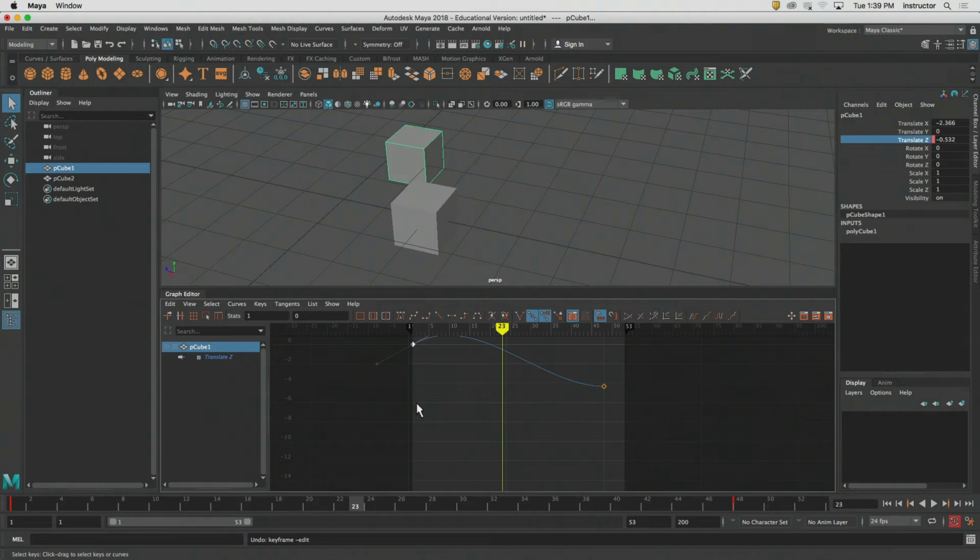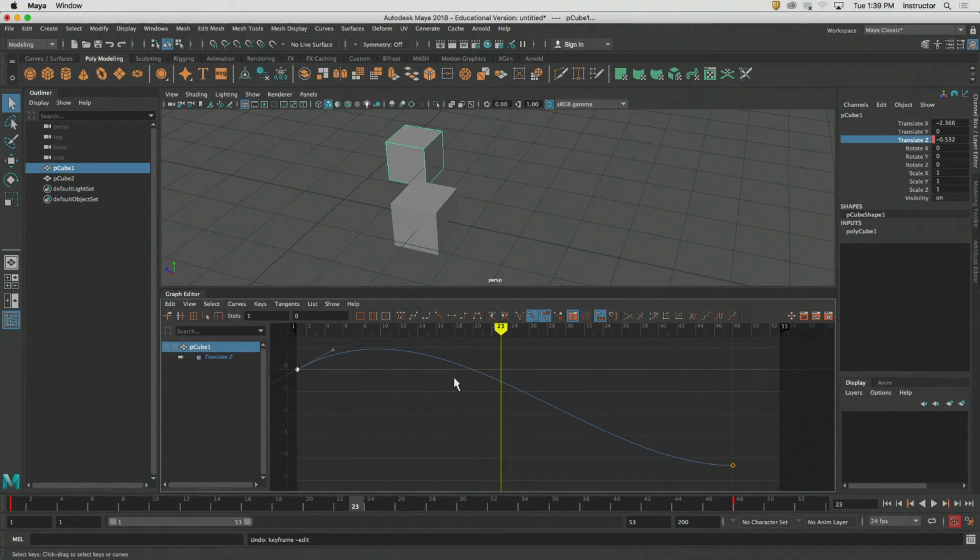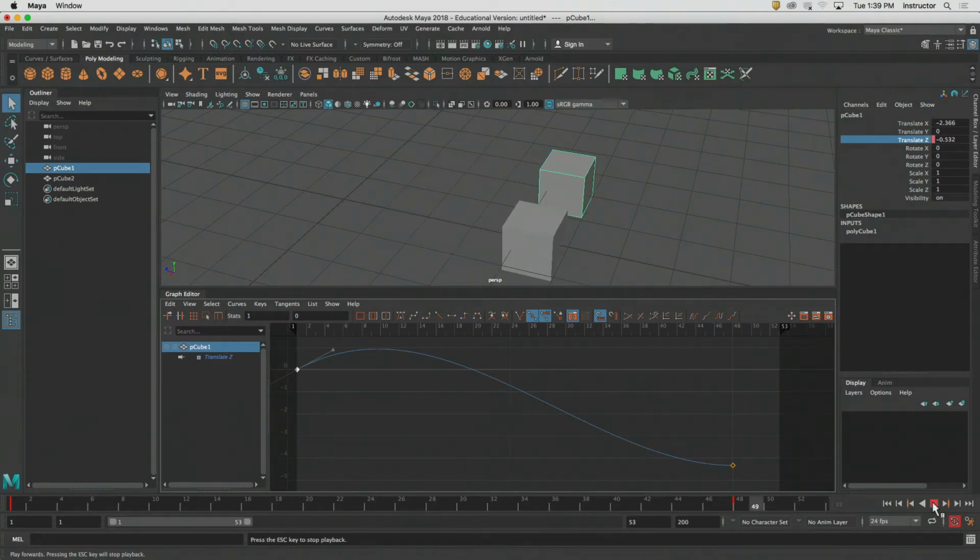My slope here is pretty extreme. I've just hit undo a couple stages to get my function curve back to something like this. And I've chosen this one because it's not as extreme as it was before, okay? Let's play it. Look at the speed. It's still a pretty consistent speed throughout the entirety of the animation, right? Let's change the weight of it. And here, let's do this. I'm going to